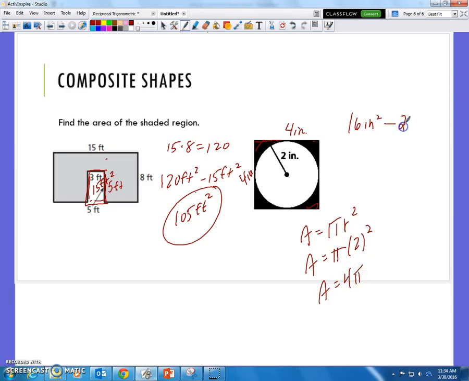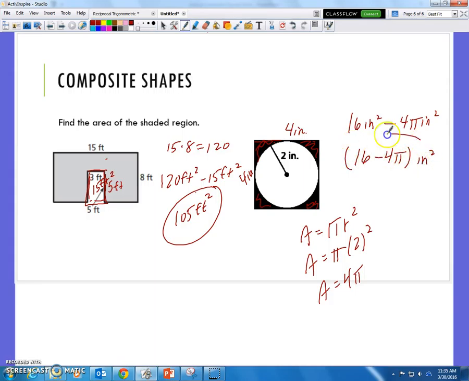So I can take away the area that I don't want, leaving me with the area of the gap. Or sorry, the area of the shaded region. So I got the whole area. I took away this part that I don't want. That left me with the area just for the shaded parts. So I'm going to say 16 minus 4 pi